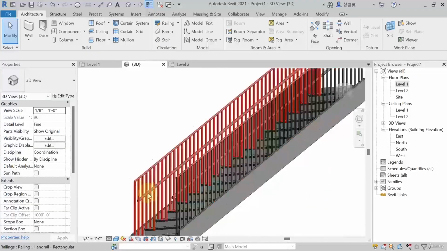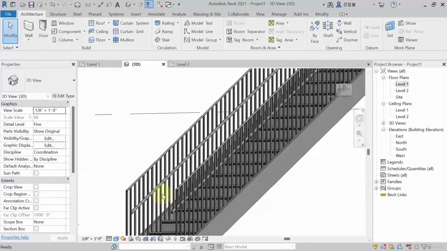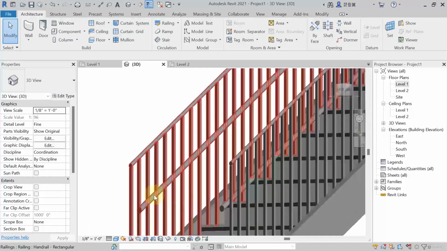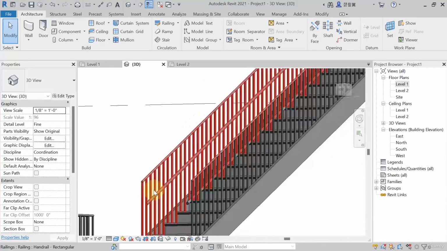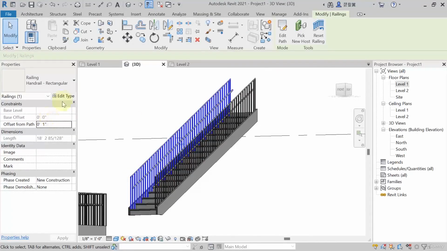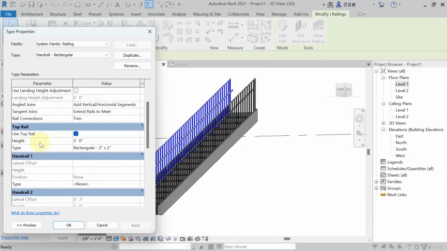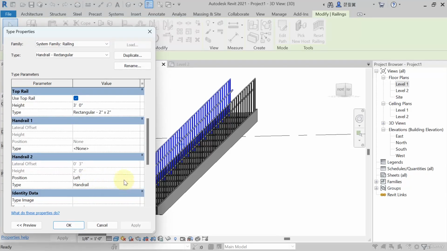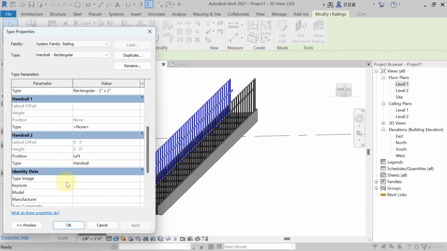See, we have placed one more handrail at 2 feet. Okay, same way now, suppose you want to do the setting like this, select it, edit type. So in handrail only, handrail second we have selected left, and whatever handrail 1, in handrail 1 also you can just use which type you want and then select it as per your requirement,